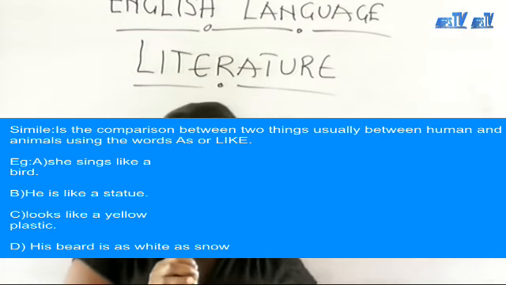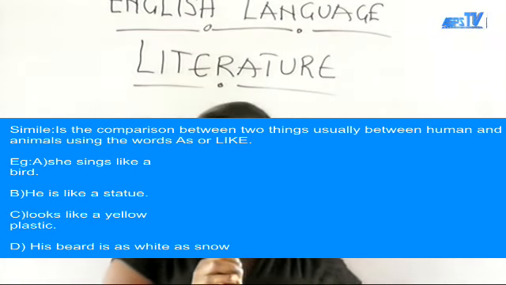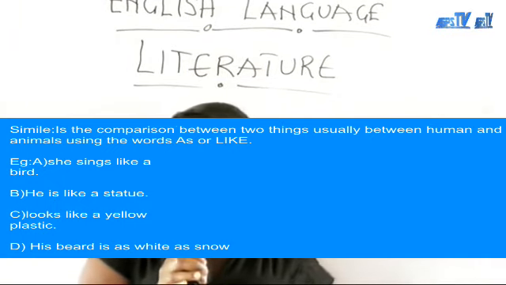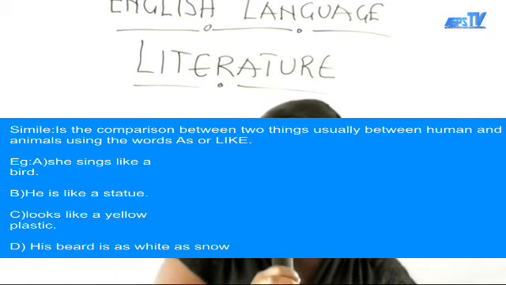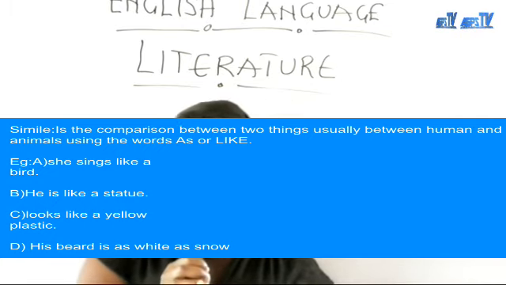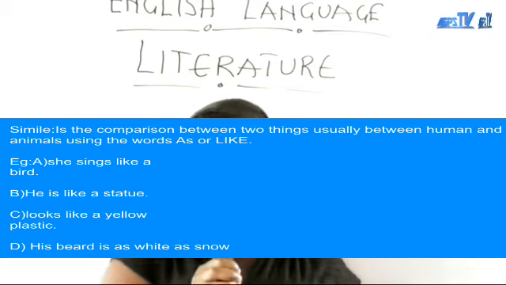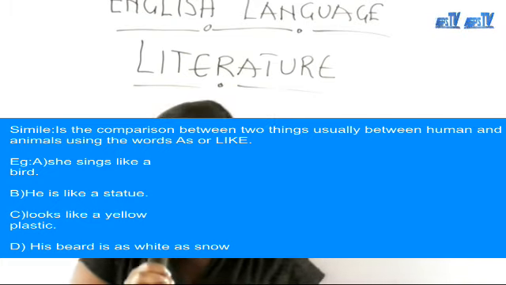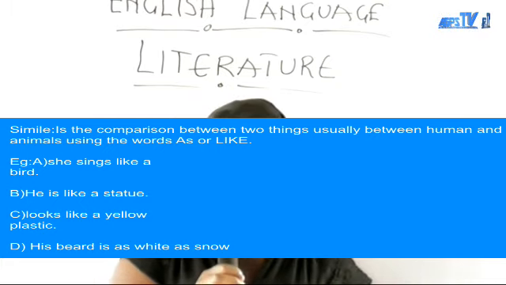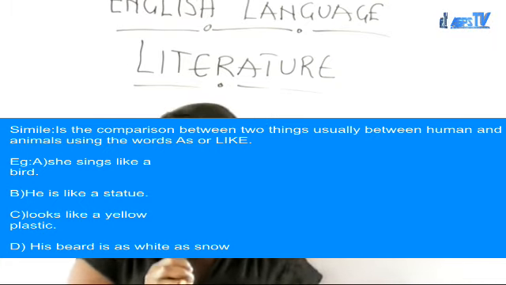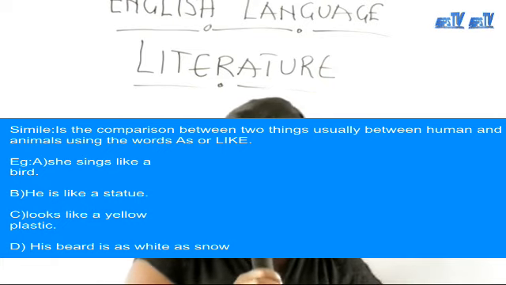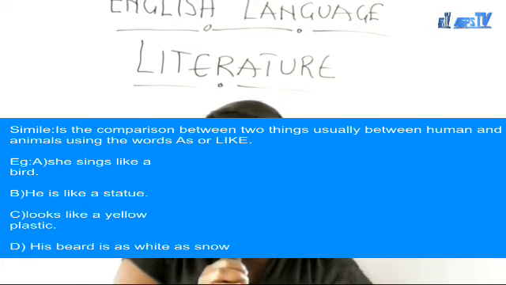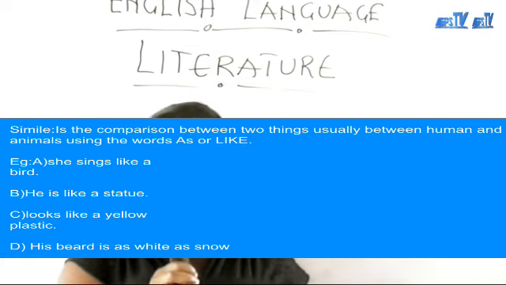We must note here that we cannot compare two same things. The things we are comparing must be different. When I say two same things, an example is Kofi is as good as Kwame. Kofi is a human, Kwame is a human. The as is there, but we are not using that as simile because simile must take two different things altogether. So when you're comparing the same thing, that is not simile.